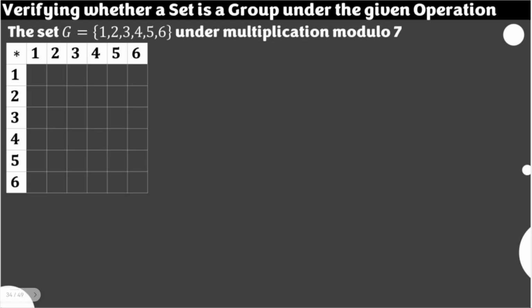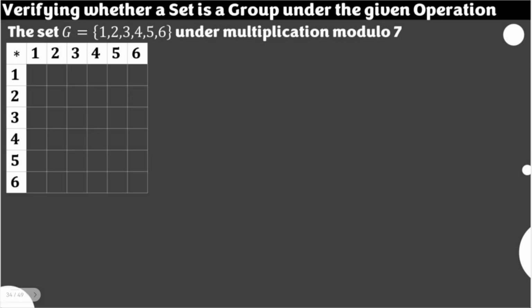Let's check whether the given set G with elements 1, 2, 3, 4, 5, and 6 is a group under multiplication modulo 7. We have here our Cayley table. We need to complete this first before identification of the axioms. But of course, in identifying whether this set is a group or not, we start with the idea